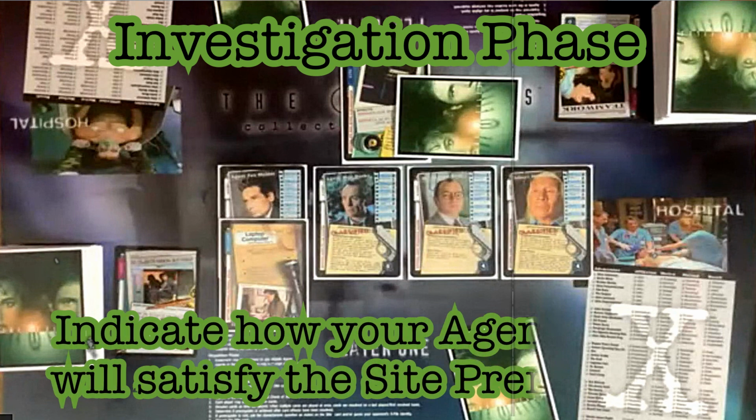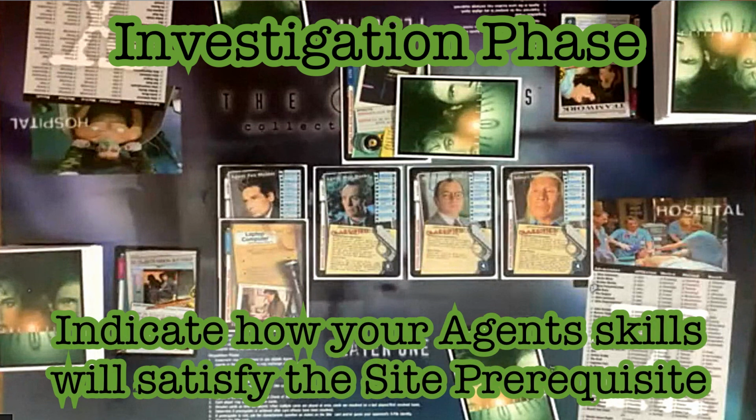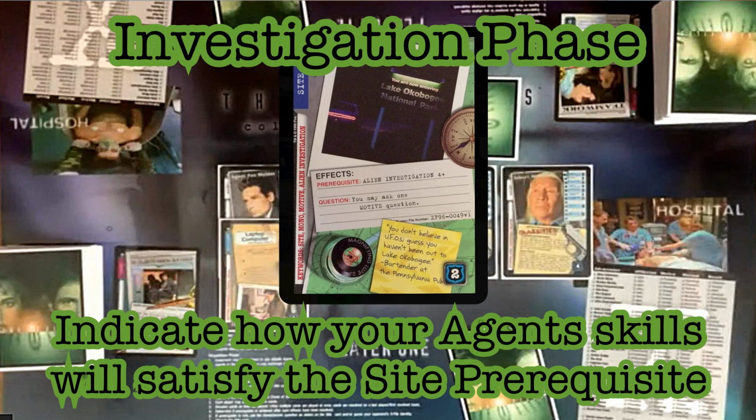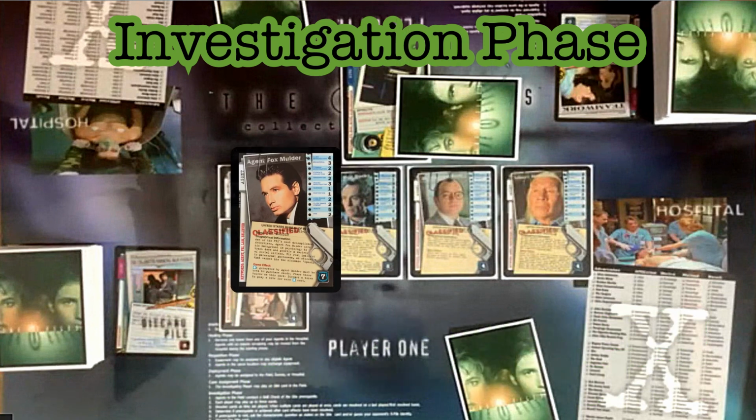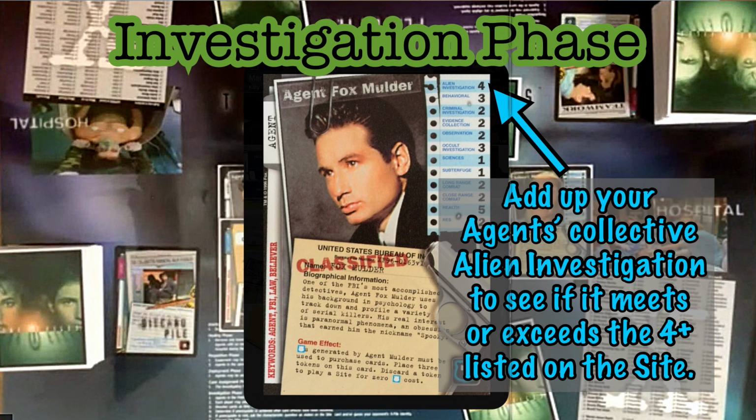Once you've allocated your agents, announce to your opponent which skill is being used to meet the prerequisite listed on the site card. In this example, the prerequisite listed on the site is Alien Investigation 4+, meaning that the agents assigned to this site must have a collective 4 or more alien investigation skill amongst them in order to successfully investigate the site. You may play such cards as witnesses and events to ensure your team can meet the site